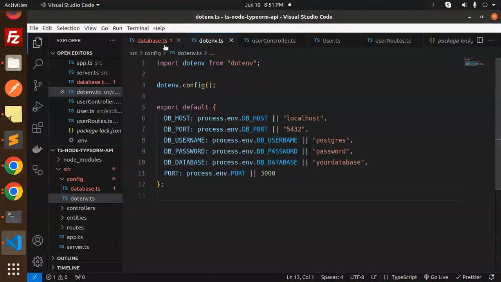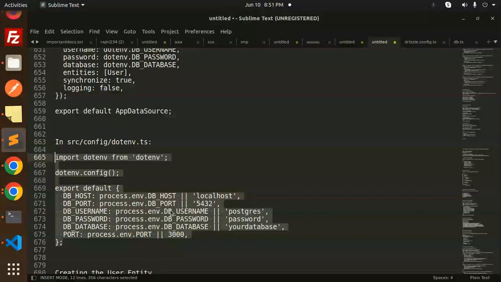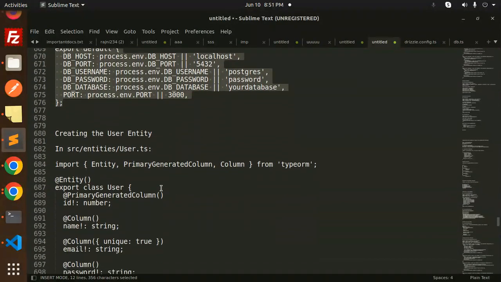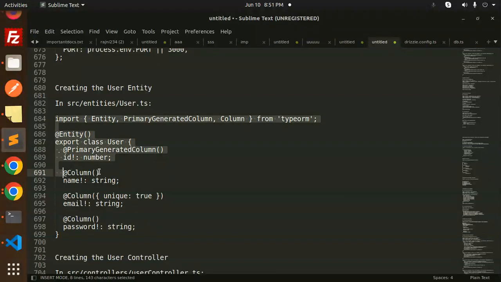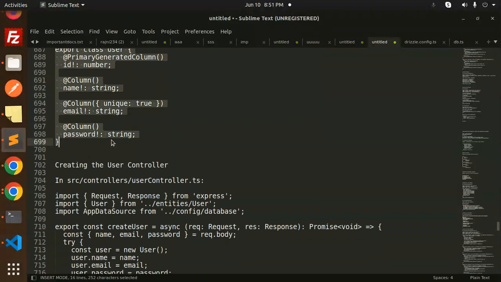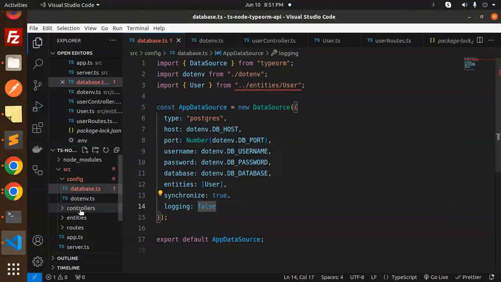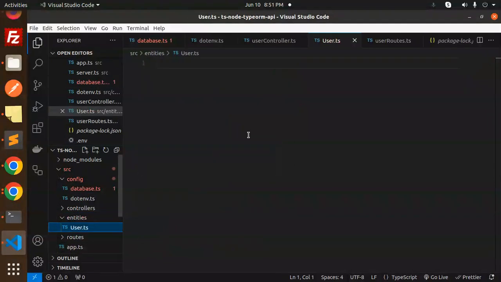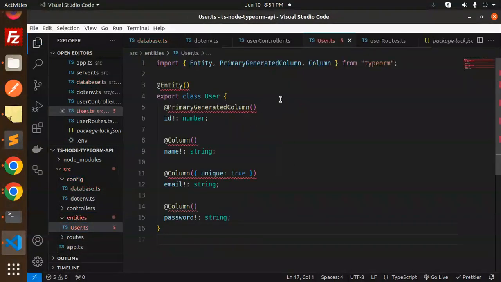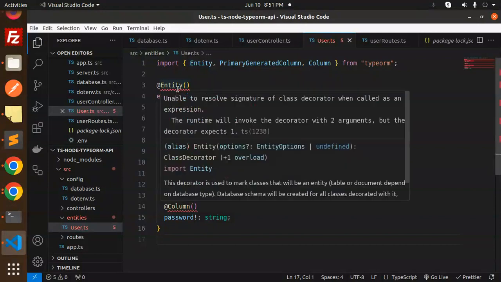Okay, so the error one is pending, that is entities. So we will add the entity part over there. So this is our entity. Okay, so here we go with our entities user.ts, and there is a resolve error. Okay, so unable to resolve the class decorator. So I think we have to pass something into our